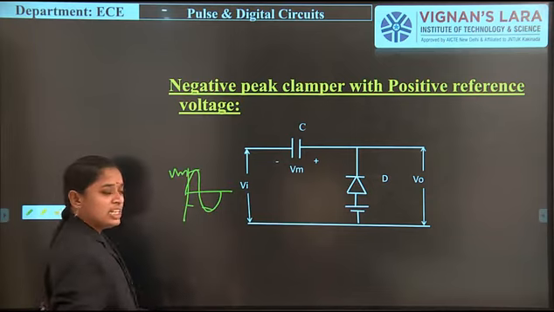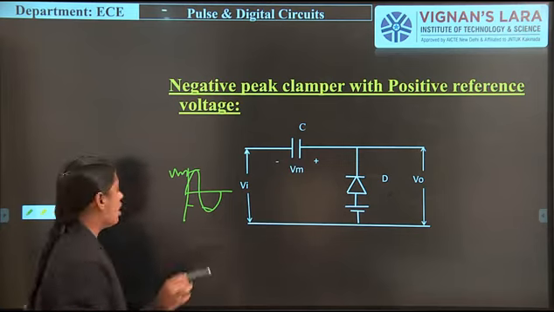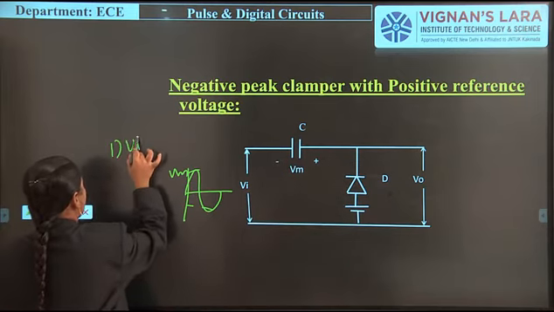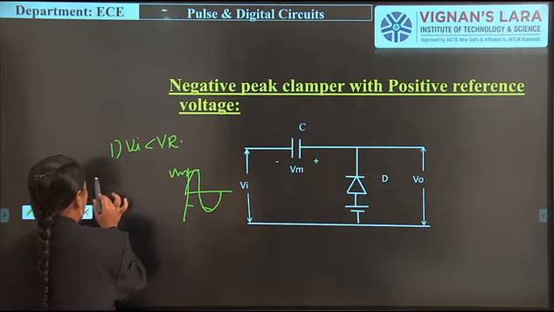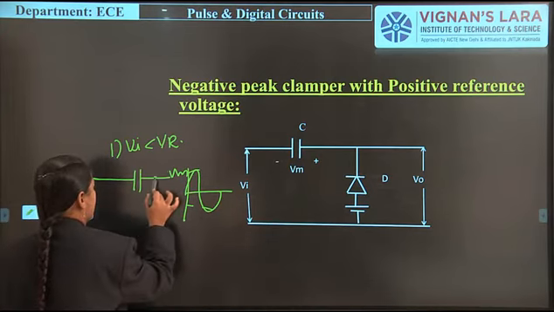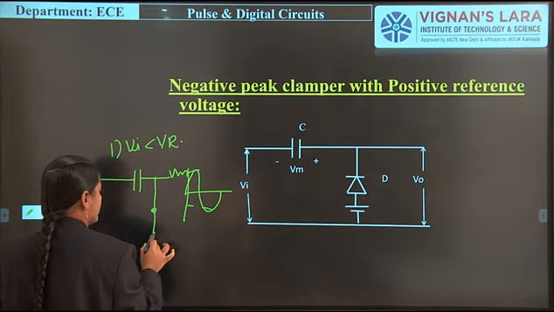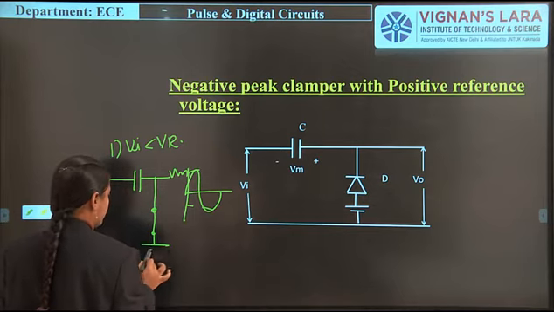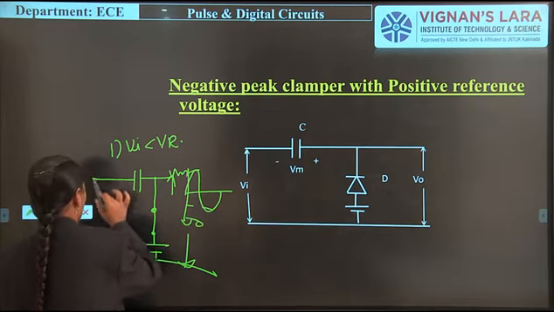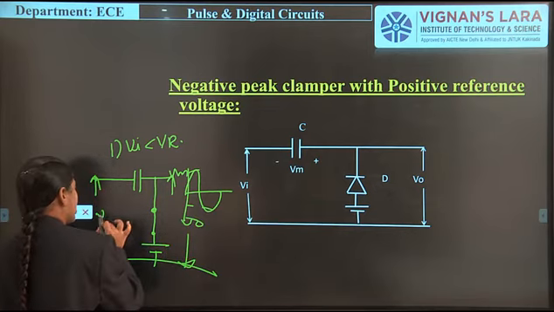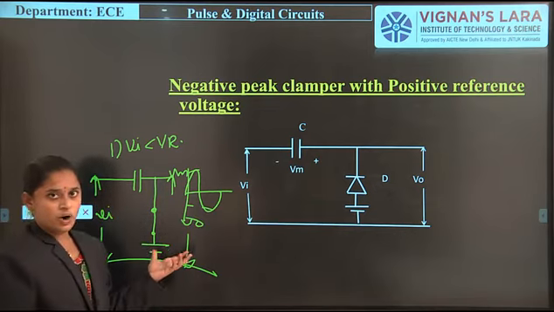When the diode is on, what is the condition? That is Vi is less than Vr. So in this time the diode is in on condition. What is the output waveform? It will be like this. The diode is replaced with a short circuit and the output diagram will be like this, and this one is V0. So this is not the steady state value, because here the diode is in on condition.